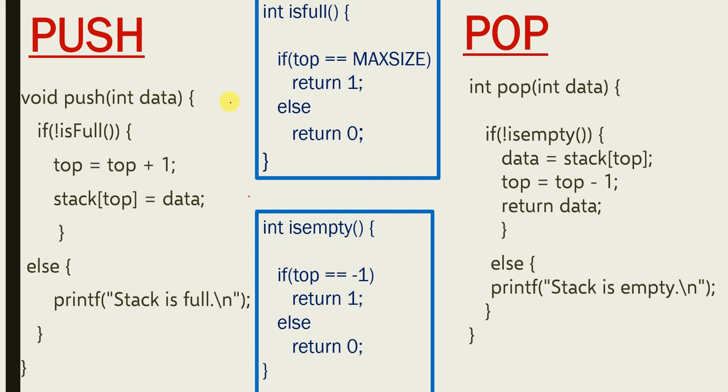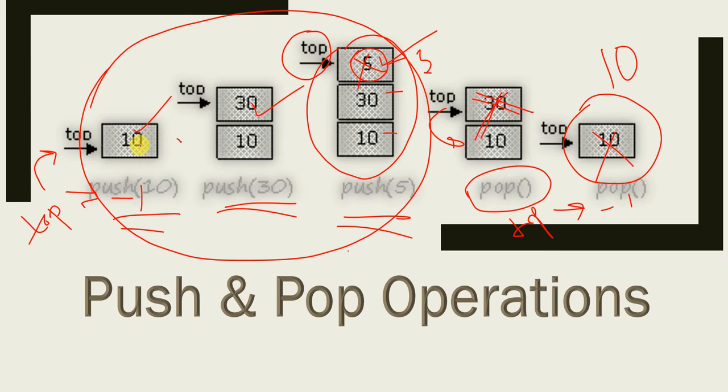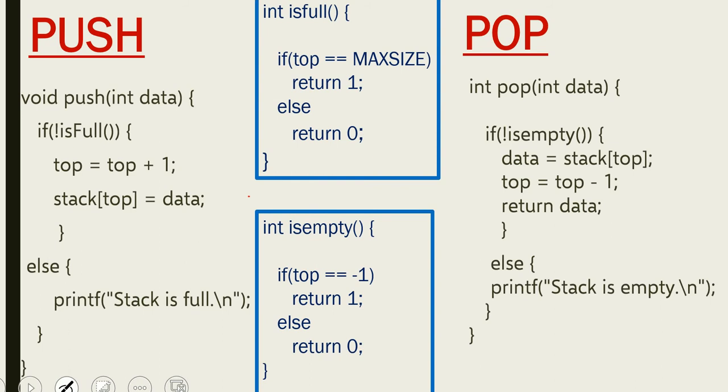Okay, first is the push operation. In push operation, you should check if it is full. How will you check that? I have said here the maximum size is 3, so you should set the stack to some size. If the top is already pointing to this maximum size, it means the stack is full. Here the maximum size was 3, so if top is already 3, it is full and you cannot insert the element. You should print a statement saying stack is full, or else you should increment the pointer and insert the data at the top, right?